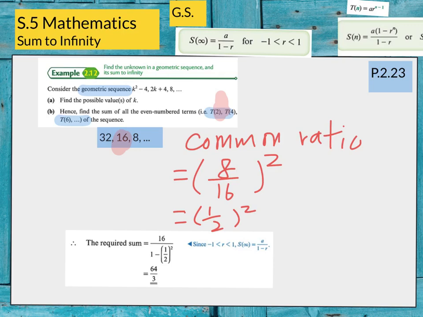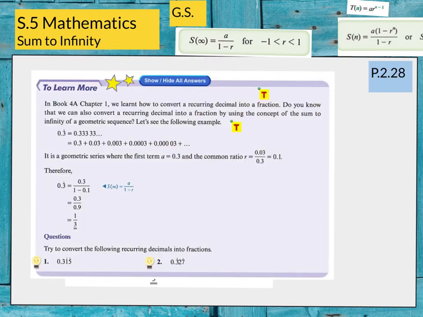We have one more thing to discuss, and this one is pretty interesting. In Form 4, we used another method to change a recurring decimal to a fraction. But this time we can use sum to infinity to do so. If you have 0.3 with a dot on top, that means you can use 0.3 plus 0.03,